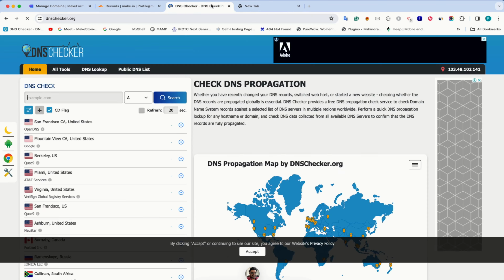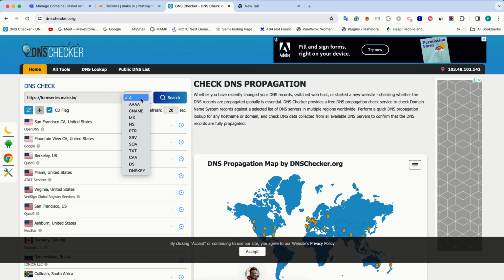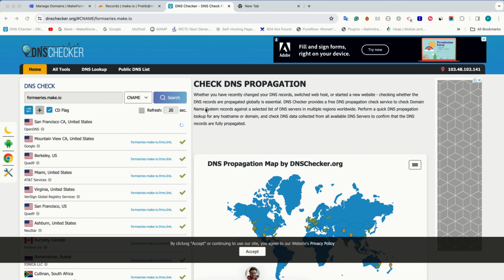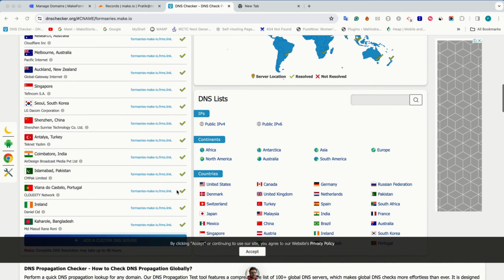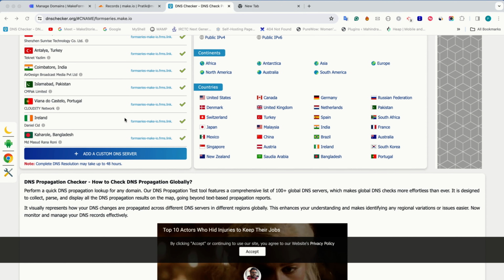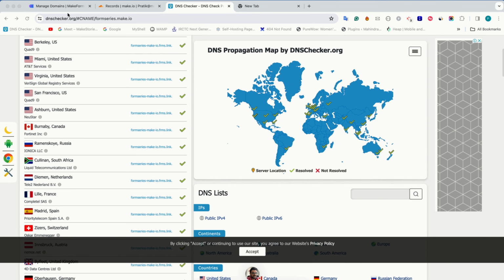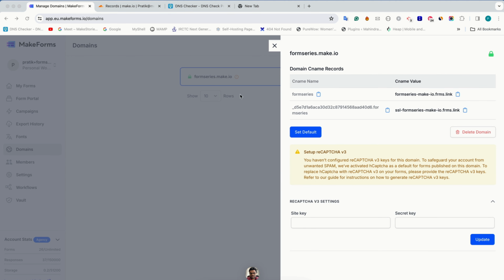You will copy this, you will go in here, you will select CNAME and then you will select search. So here you can see that all of these have successfully reflected globally. So our DNS pointing was successful. Similarly, you will also check for your